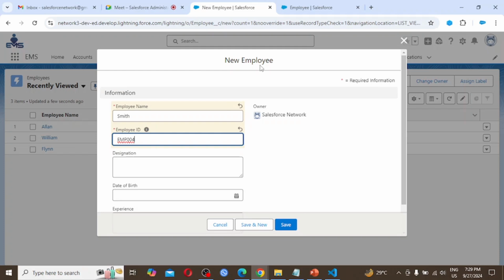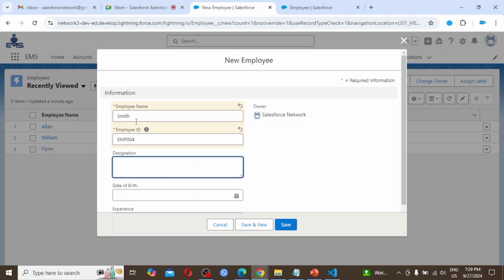But the best practice is to take auto number for any ID. Then it is created by Salesforce, there is no chance of error, and no duplicate values come. When we create it manually we may make mistakes, but if it is created automatically, it is not going to make any mistake.